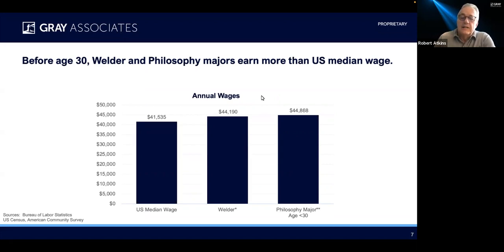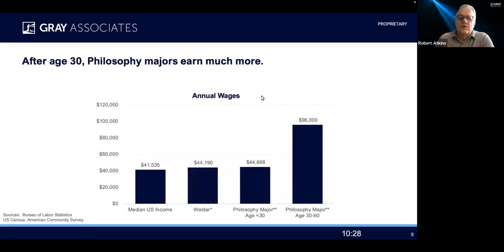And by the way, not less than welders, which you recall is what the allegation was in the first place, made, by the way, during the US presidential debates of all places. So then you kind of say, well, what happens after 30? And the picture changes just a tinch. And we find that philosophy majors make on average $96,000, leaving the welders behind, more than 2x difference in earnings